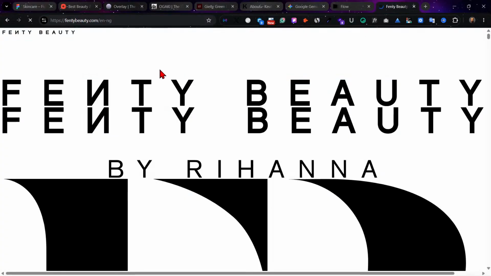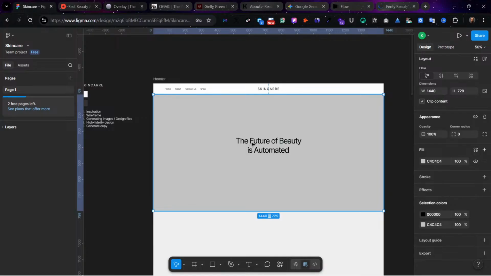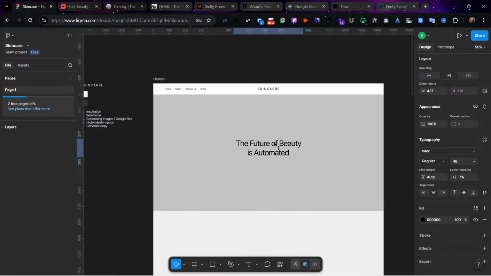Let's see, Fenty still loading. Why is Fenty still loading? Okay, so now we would have an image at the background here. So I'm just trying to set things. Okay, yes, I was saying we should have a font, what do they call it? Hierarchy, right? But here we don't have a font hierarchy. So in order for us to do what we want to do,